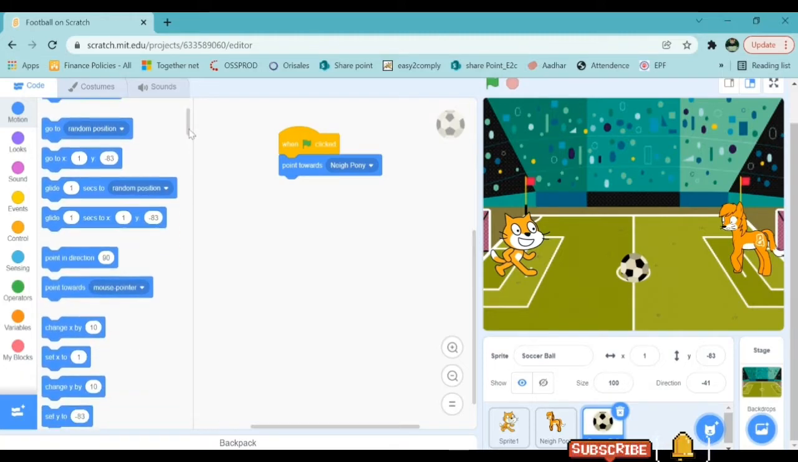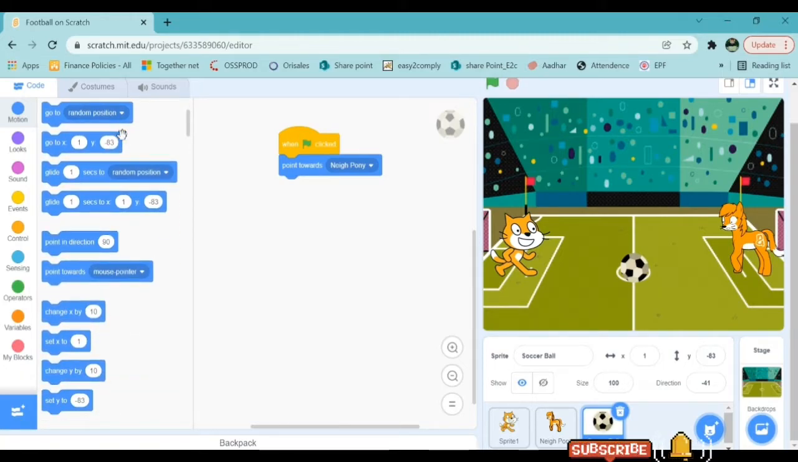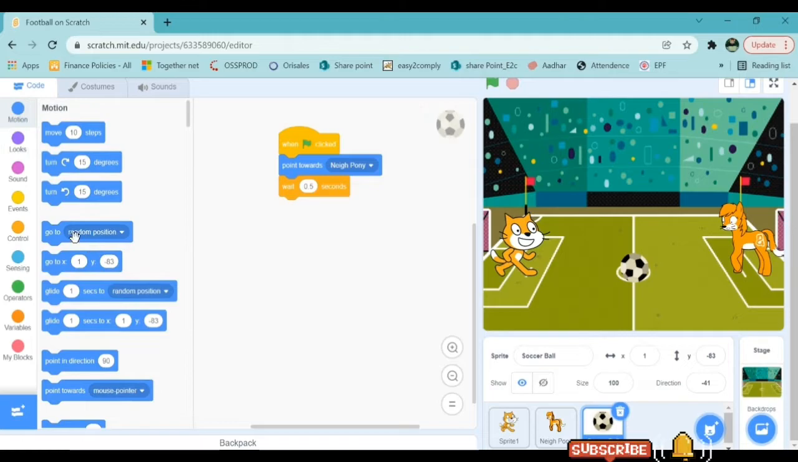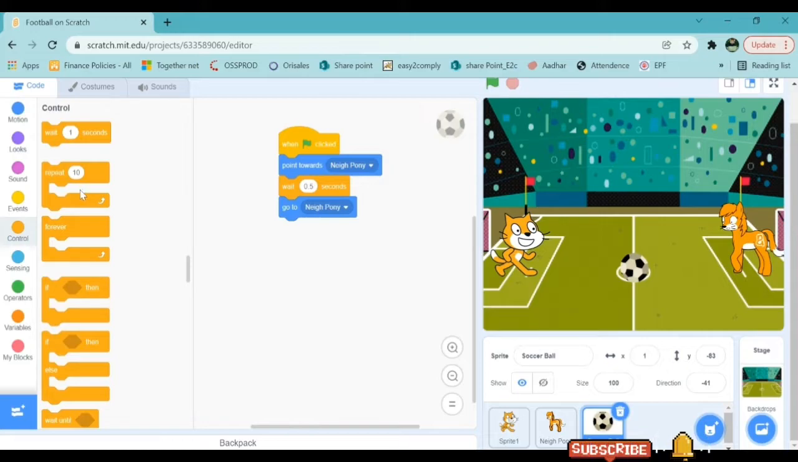Then we will take wait, we will take 0.5 seconds. So 0.5 set, then motion, go to nail pony. Let's add the if condition, if and then